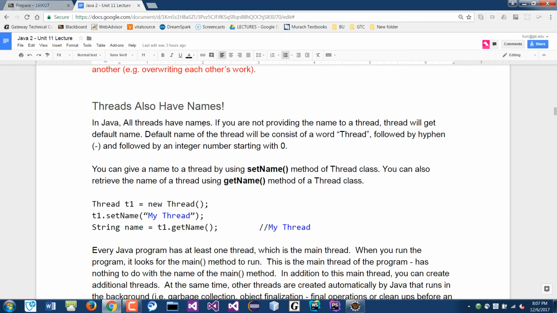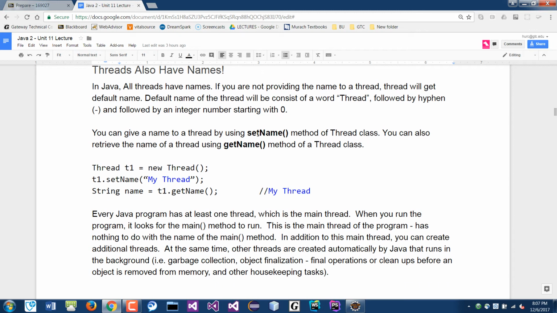Threads also have names. Here's just a little example. You can use the setName and getName methods to assign names to threads. So typically, this is how you would create a thread. Thread is a class, T1 is just a variable name, and then new Thread. It's very common. Basically just instantiating the object the same way,